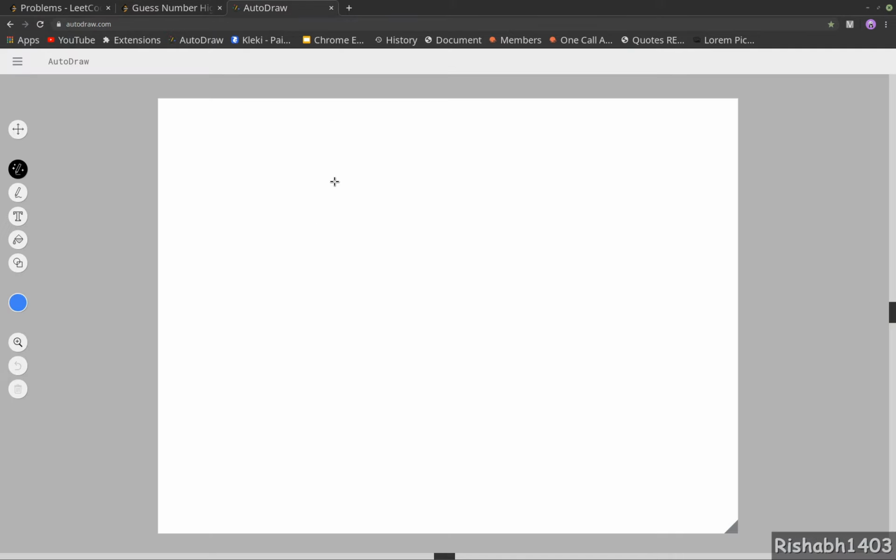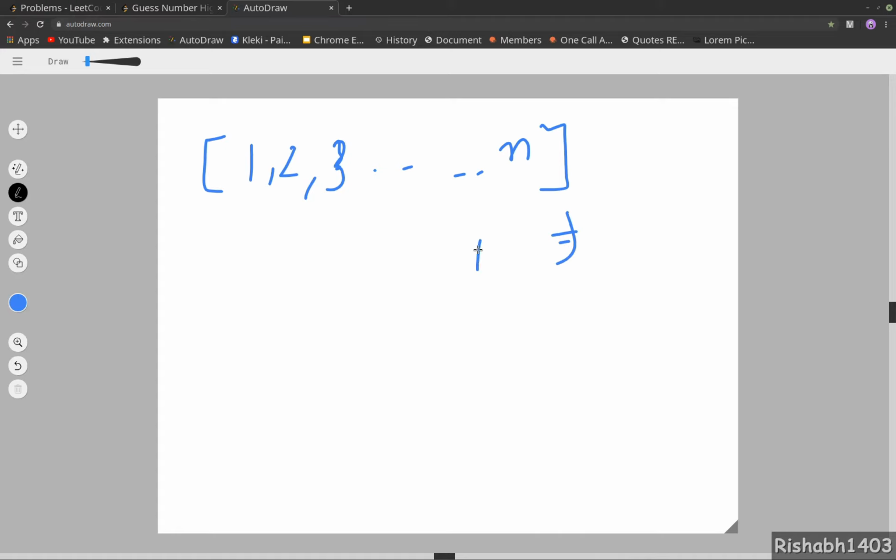There's another way to comprehend this question, and that is we are given a sorted array 1, 2, 3, ..., n. We are given this sorted array and we need to find a given number, or we can call it a pick. We can find a pick number, let's say x. If you read this question this way, you will see that this is nothing but binary search, if this is sorted and we have to find a given number.